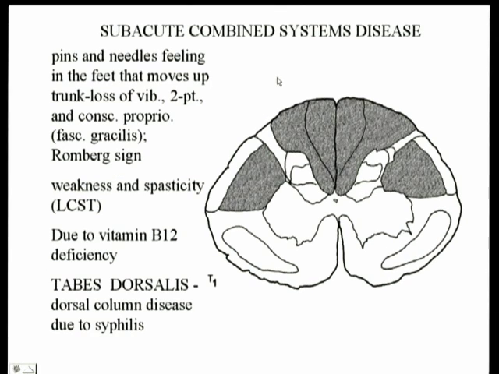Subacute combined systems disease, Dr. Rutecki didn't talk much about it. He does have a practice question. In the combined systems, you're going to have the problems up in the dorsal columns. So this is going to give you your classic loss of two-point discrimination, vibration, and conscious proprioception. You're also going to have a positive Romberg sign. Coming into the lateral corticospinal tract on both sides, you're going to have your classic upper motor neuron problems. This is due to vitamin B12 deficiency, and don't forget the old tabes dorsalis, which is involvement of the dorsal